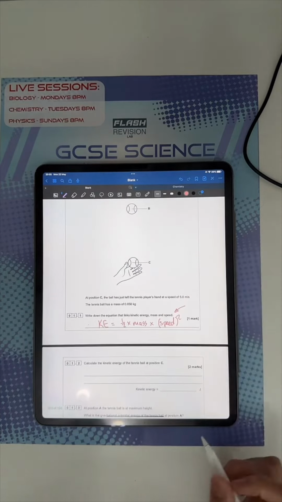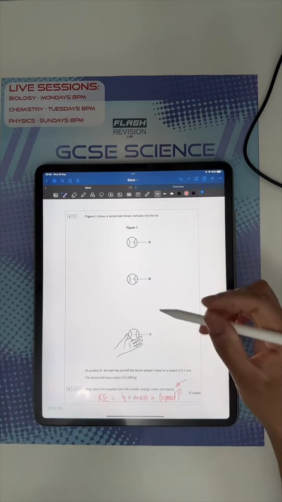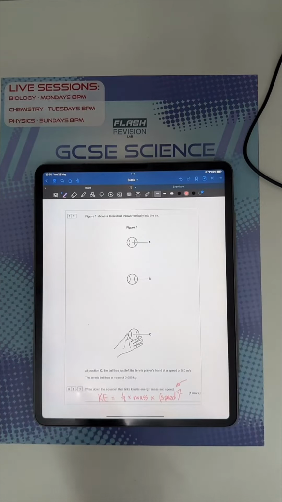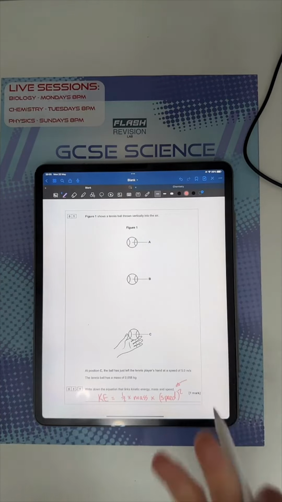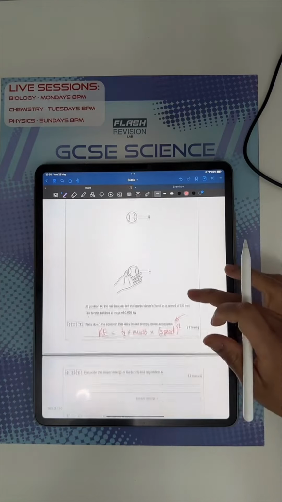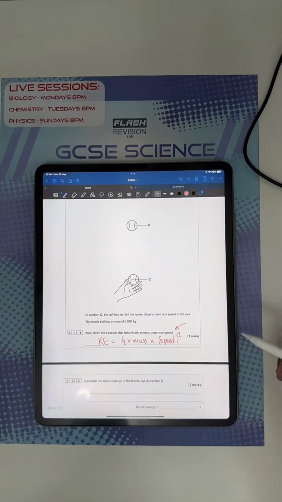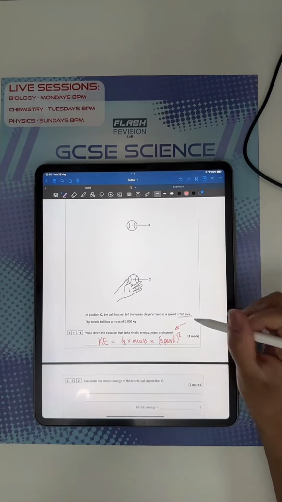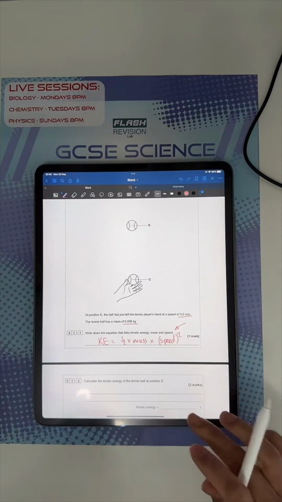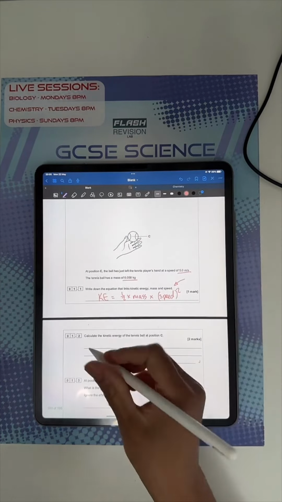Calculate the kinetic energy of the tennis ball at position C. Position C is right at the bottom. It's the moment the ball leaves the hand. So the person has thrown it and it's just left the hand. So all the information is given here. We've got the speed here. We've got the mass here. So we can just put it straight into this equation. So we can write it as